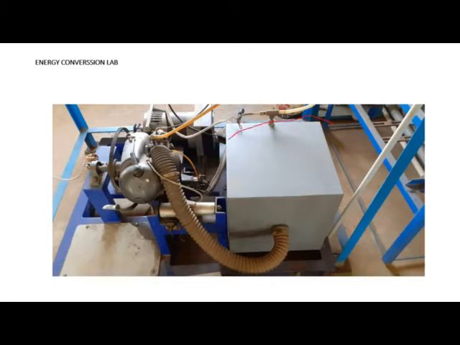The structure that you see here is called the air box. Air is not directly supplied to the engine. First air enters this box, and from this box air is supplied to the engine through this pipe. At the entrance of this air box there is a small opening, an orifice. A pipe from the orifice connects to the U-tube manometer, so that we get the flow rate of the air. You also see a connection here. This is a thermocouple which measures the inlet temperature of the air.